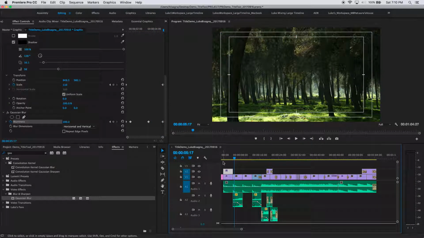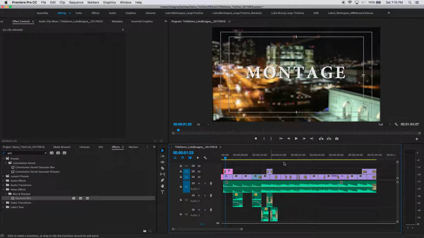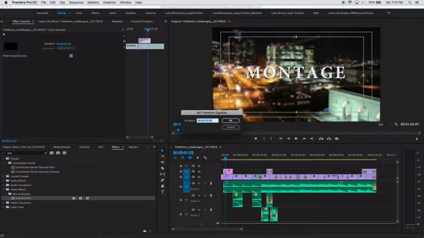Okay, so that's really cool. But at the same time, I want it to fade in and fade out. So I'm gonna use cross dissolves to accomplish this, and I'm gonna time them with the blurriness. So my first blur takes about 15 frames. So I'm gonna right click, apply default transitions, and double click on that cross dissolve, and it looks like it's